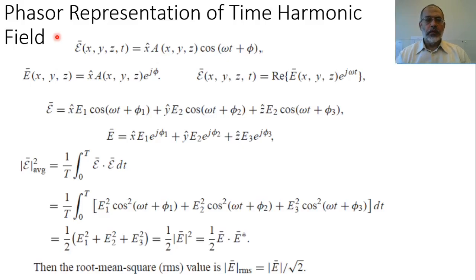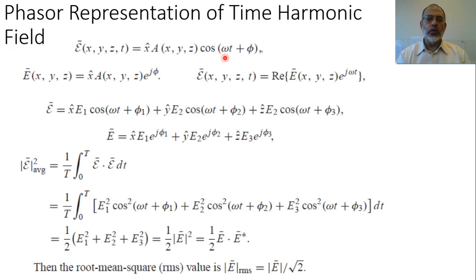In the previous video, we presented a general review of time varying electric and magnetic fields, or the Maxwell equations of time varying electric and magnetic fields. Now we are going to talk about a specific case of time variation, which is the time harmonic field. In a time harmonic field, the field varies in time as a sinusoidal function, which can be sine or cosine or e to the power j omega t, where omega is the radian frequency.